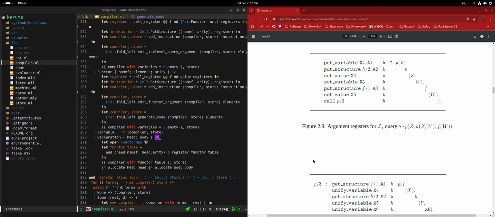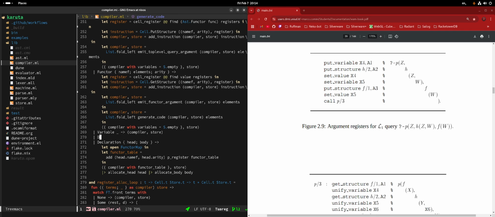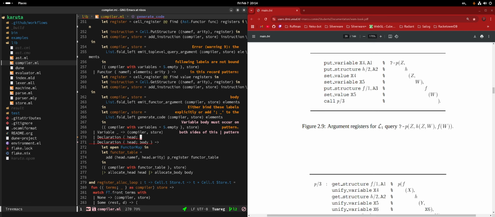I actually think, Marinho, that this is already done for the body when the body is not empty, right? Yes. So we should be able to just do declaration and put a guard here to make these two things separate instead. What do you say? So head, body, and then there's a when I think body, something something empty list or whatever. Can't you just put an empty list in the pair match? Can I?